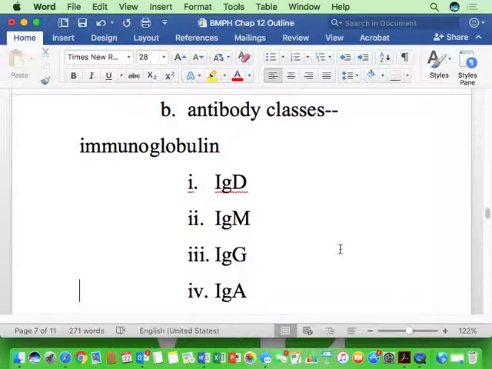Some of them are found as dimers, so two of them bonded together, in secretions, so things like saliva and tears and milk. So this is another defense that you can get from mom if she breastfeeds,